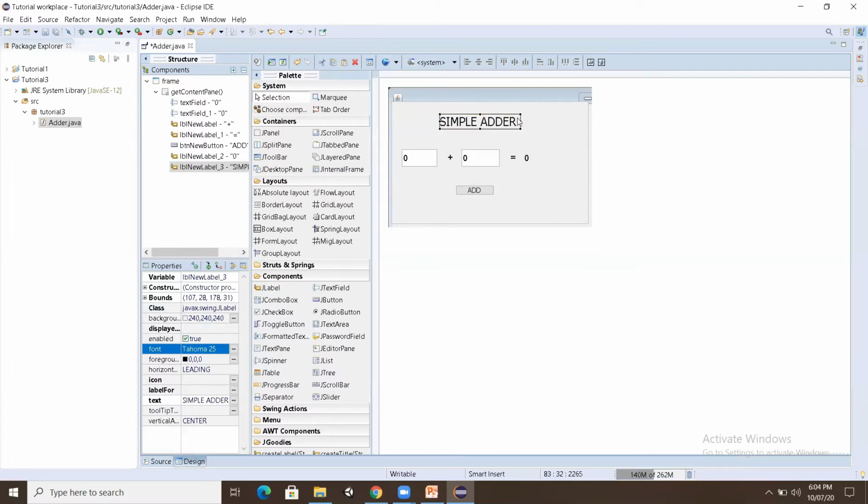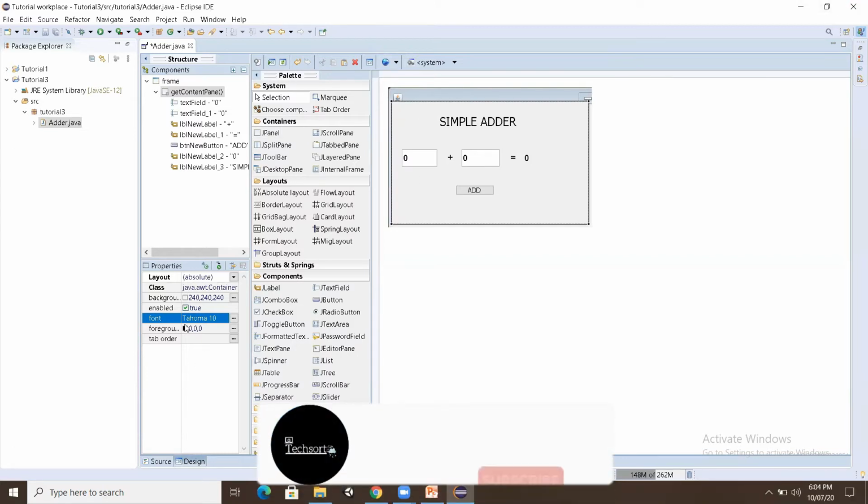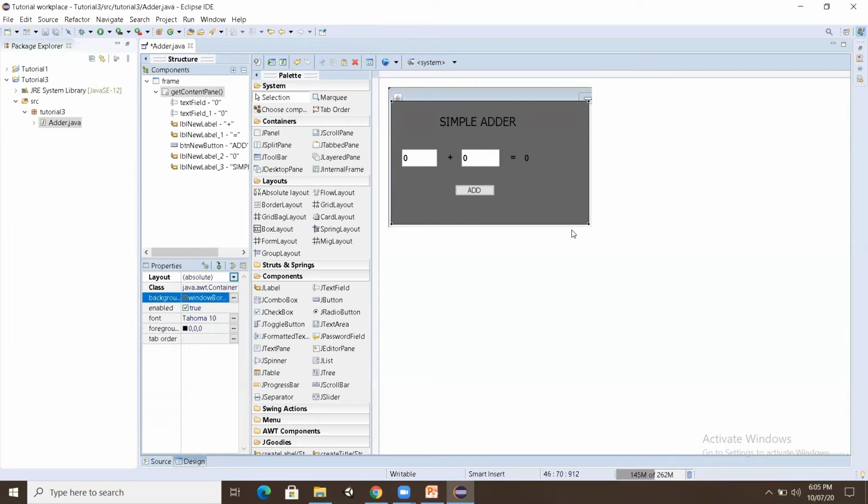Now this is a little bit looking boring. So change the foreground background color. Click on the frame and in the properties, in the background, change the color. It's okay. So this will be our GUI. If I run the program right now, you can see,